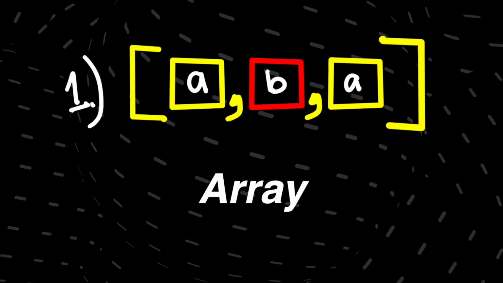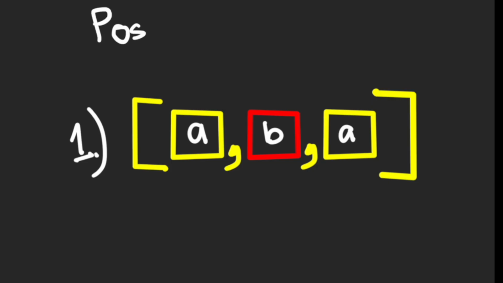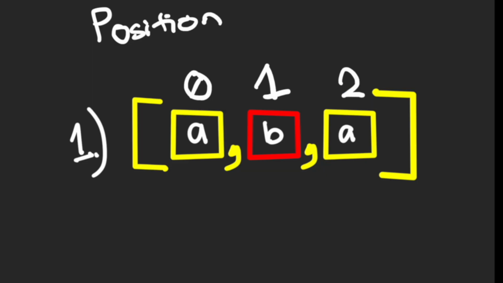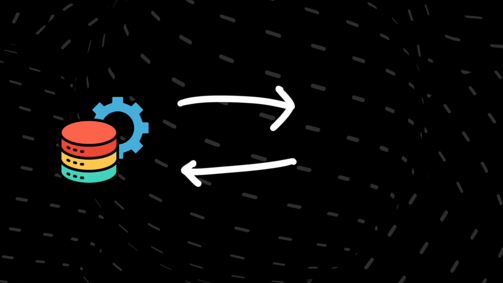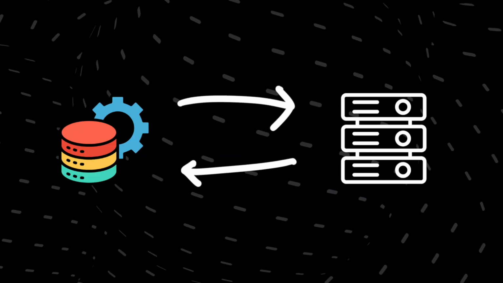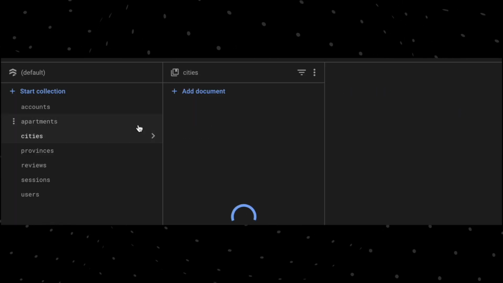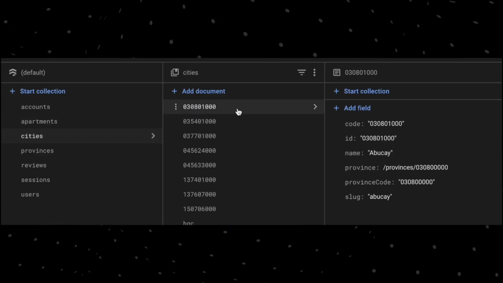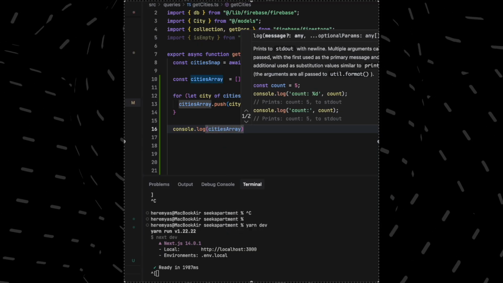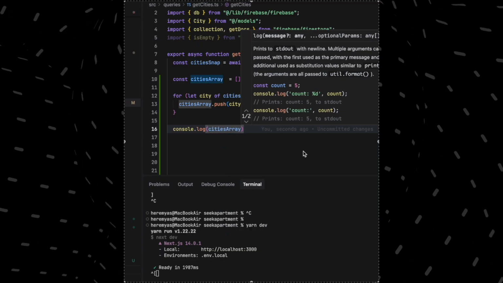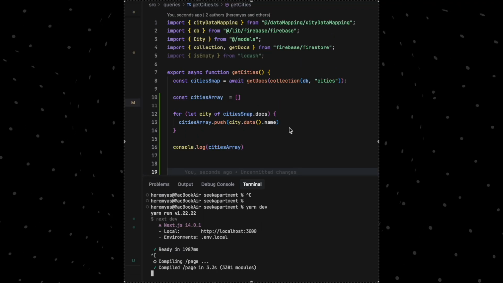I think this is the most important one. So think of an array as a container that holds elements in a specific order. In the real world, these elements are usually data that come from the server. For example, I have in my database a list of cities in the Philippines. So when I query this, I'll get an array that contains all the cities,